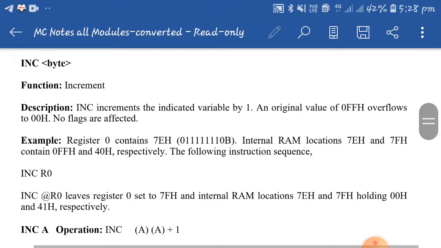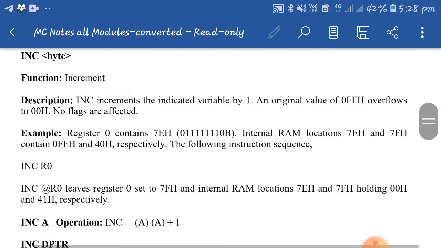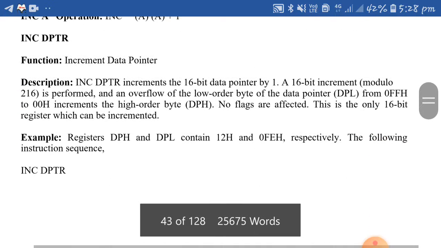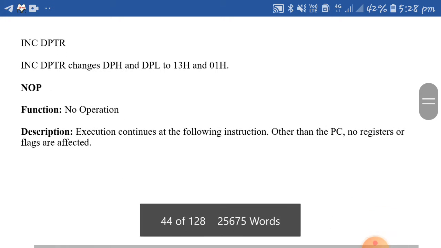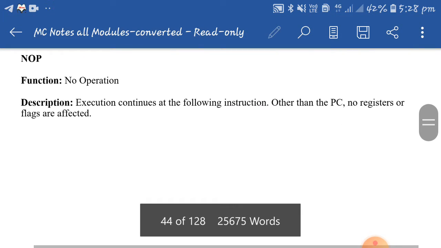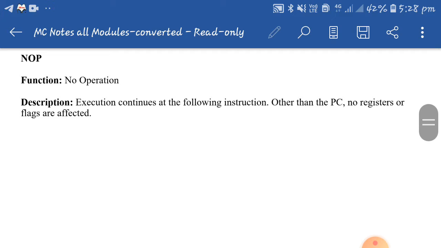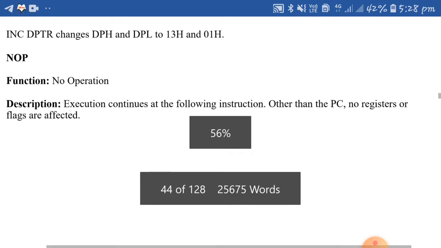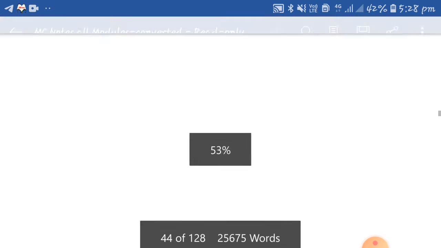Same thing, increment, INC byte: it is always incremented by 1. Now we'll go for NOP, that is no operation. It simply continues the execution of your instructions; it affects only the PC, that is the program counter. No other registers or flags are affected.